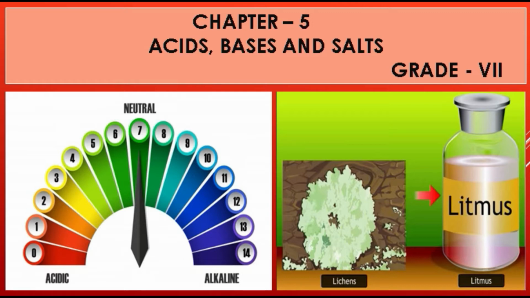Now students, in the second part of this chapter, we will learn and discuss how can we differentiate acid and bases, or how can we identify whether the given substance is acidic or basic in nature by the help of pH scale. And students, we will also learn in this part what is neutralization reaction, or how can we neutralize the effect of acids and bases in our daily life. So let's continue the chapter.